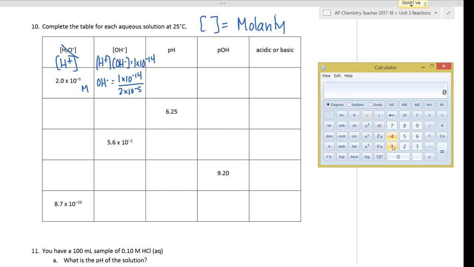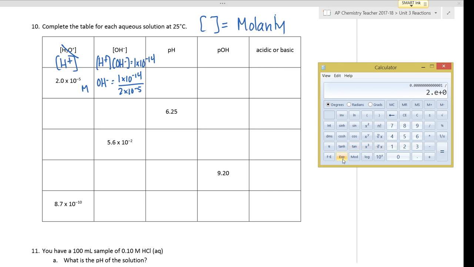So we've got 1, and then what I would recommend doing is using your EE button. In this case, it's labeled EXP, or yours might say capital E or capital EE. So 1 E 14 negative. That stands for 1 times 10 to the negative 14. And then I'm going to divide it by, let's see, where's my divide button? There it is. Okay, divided by